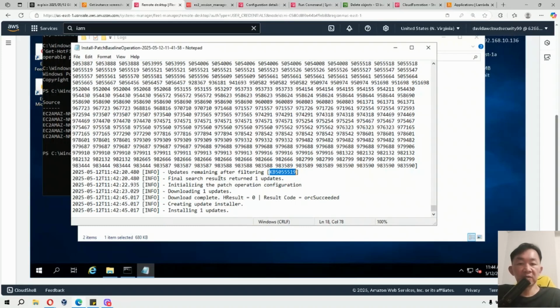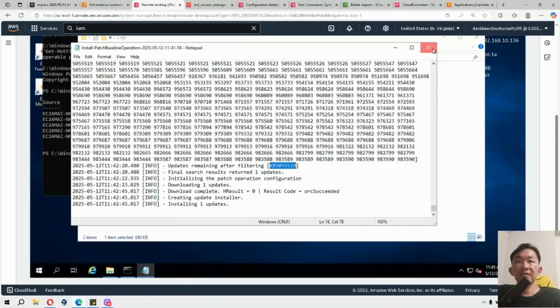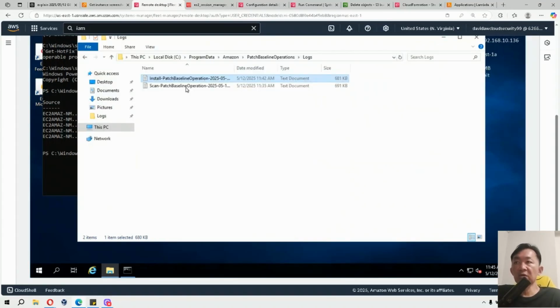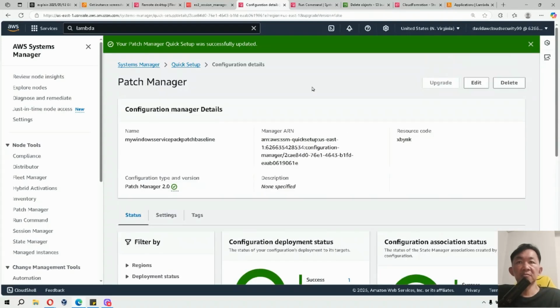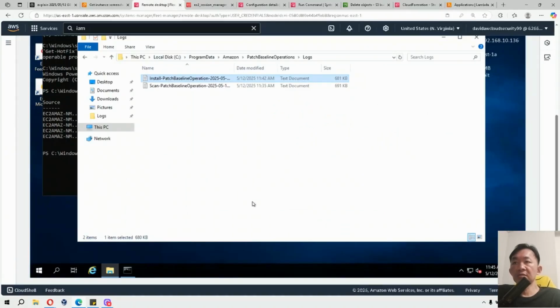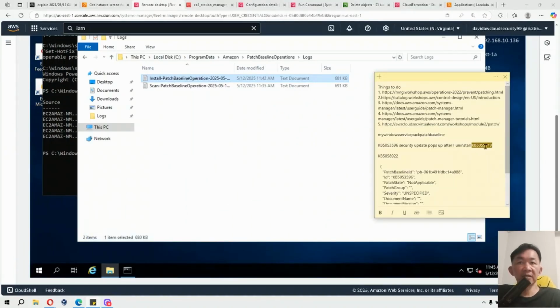So basically it downloads and it's completed and it's creating the update installer. Okay, so what we have is when I run the scan and install, instead of running scan and install again, it only runs the install patch. That's why we have this pending. Okay, and we know that it's gonna reinstall back this